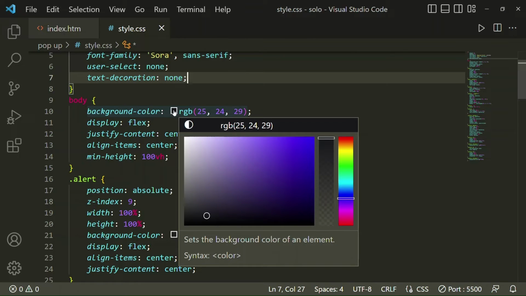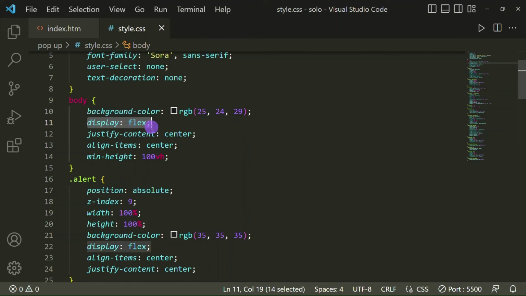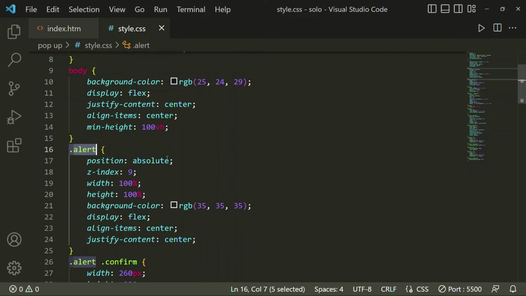I can show you a background color code. After that I have taken display flex, justify content center, align items center, and minimum height 100vh. After that I have taken a class alert, and in this class alert I have taken position absolute,